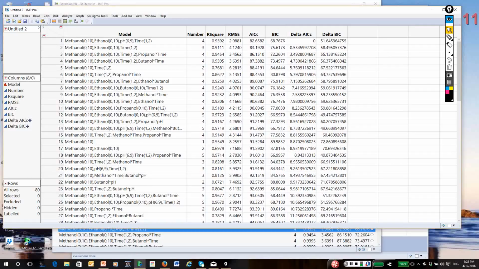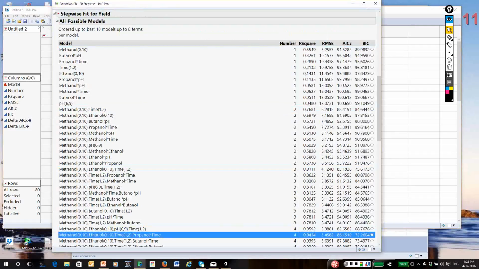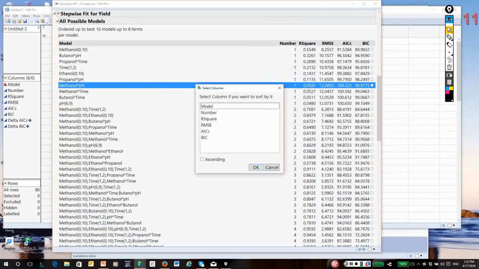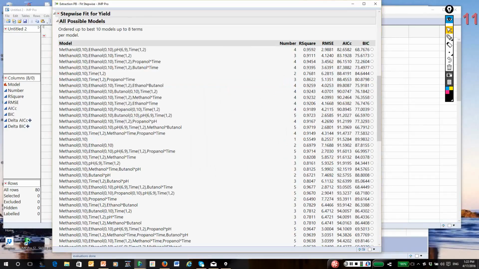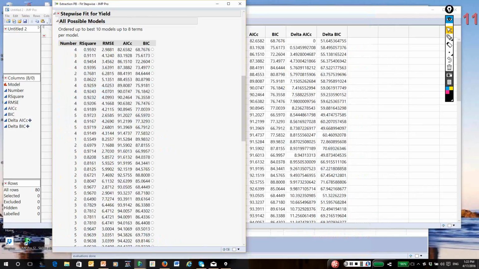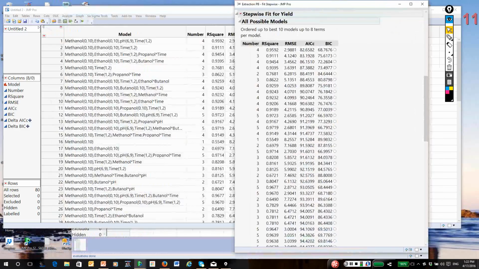So how do I select some models? Now first I have to take a look at my original all possible models output, and I'm actually going to sort that ascending by AIC. This is to make things easier for us. And I'm actually going to hide the model column. Okay, so I'm going to set this to the right. Now this is of interest to us. These are our models. Notice, looking at AIC, as I said, it's really zeroed in on 4, 3, possibly up